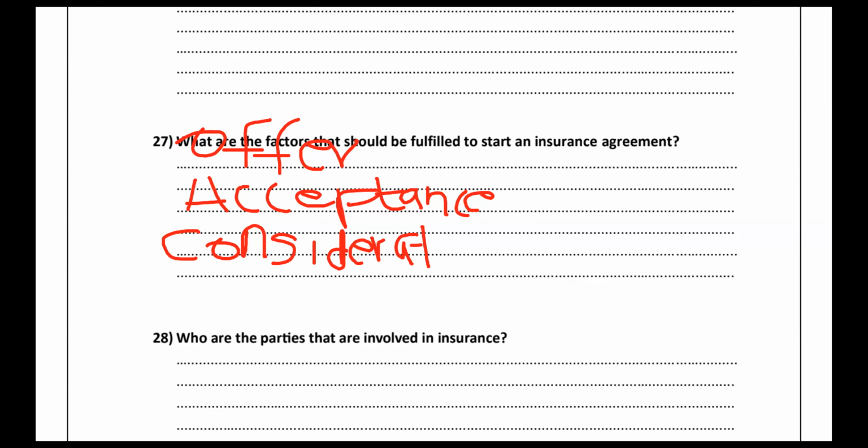Okay. And what is the ability or capacity that the insured should have? In order to sign that agreement, he should be above 18 years old. Then only he can sign the agreement. Yes, age. He should be above 18 years. If not, he can't sign an agreement. Then it becomes invalid. He should have sound mind. Yeah, that's correct.